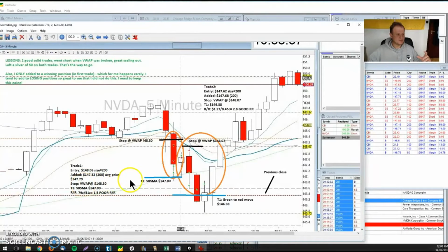And my stop was at the VWAP, which is $148.30, which you can see just there, the black line. My target was the 50-day simple moving average. That was my first target, which is down here. And the risk reward was 79 cents win, which is basically my entry, take away the target, which is actually